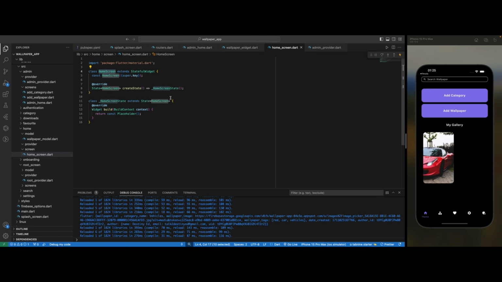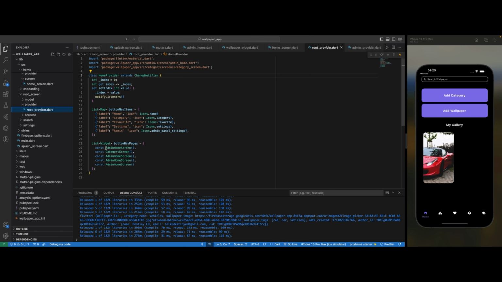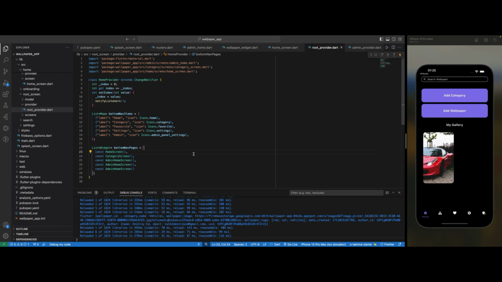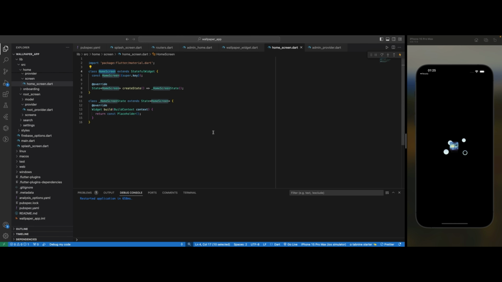We have our home screen. I'm going to go also to our root provider. So I'm going to change this now to the home screen, okay, so that it's going to show correctly. So when we go back here, I need to do a hot restart so that it's going to reflect. Okay, so now moving on, what I'm going to do is just create a UI for